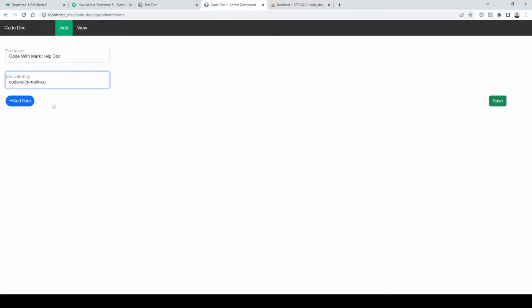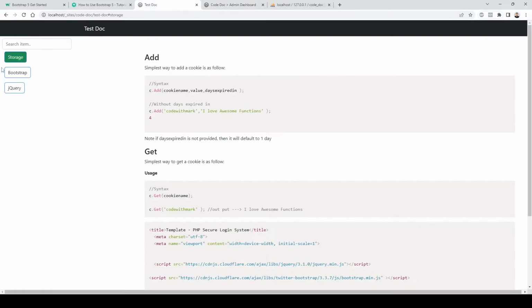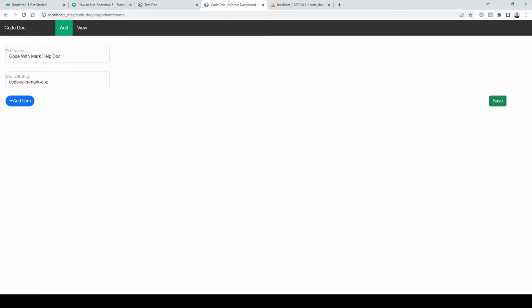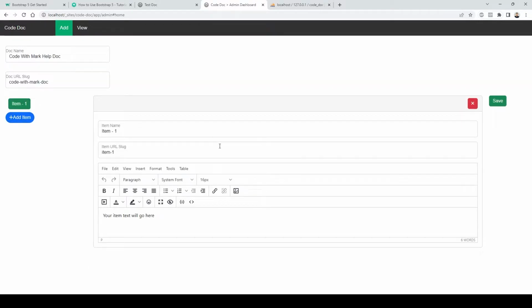All right, and then after doc, and after this, what you do is, if you want to add, let's say, these different options, click on this add item, and then you will get this nice looking box in which you can type in the item name. So in this case, we'll just call this doc